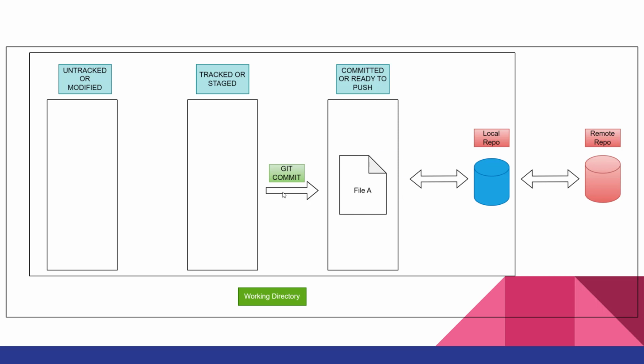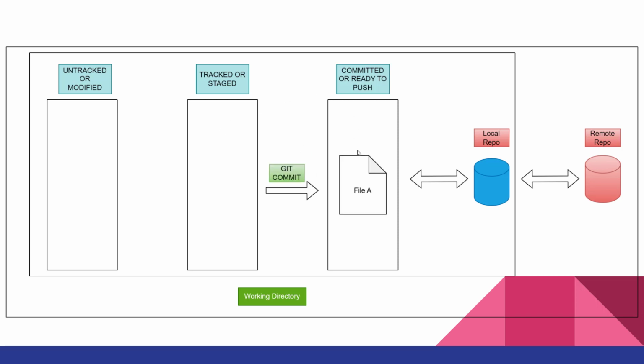It might be possible that you have some untracked files or some staged files, but until you commit those changes, they will not be pushed to the remote repository. You need to understand that. You can push only committed changes to the remote repository. And if you see the first slide, here I am using 2 directional arrows. Why? Because a file can move back to a previous stage. Suppose a file is untracked and you made it tracked; if you want to go back, you can revert it. Similarly, whatever you have committed, you can send back to the staging area.